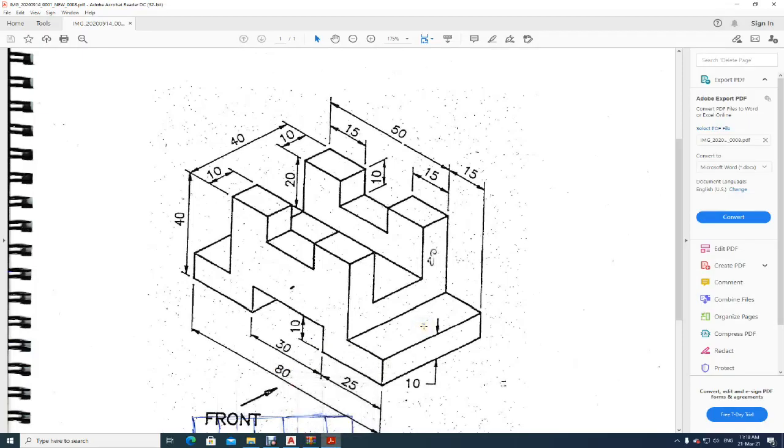Now let us try to draw the picture which you see on the screen. This is a three-dimension model. In this model you can see that I have the dimensions in x direction, y and z direction. Everything is shown over here. I can draw in different methods. Let me just see which is the easiest one.